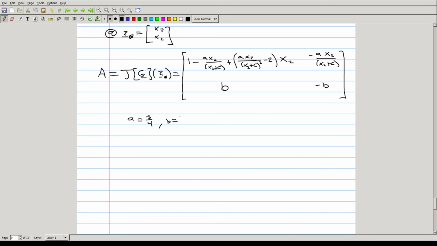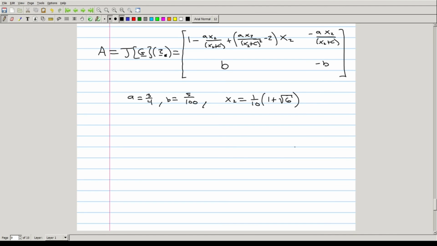So suppose a equals 3/4 and b equals 5 over 100, in which case x2 will be 1 over 10 times 1 plus the square root of 6, and our A